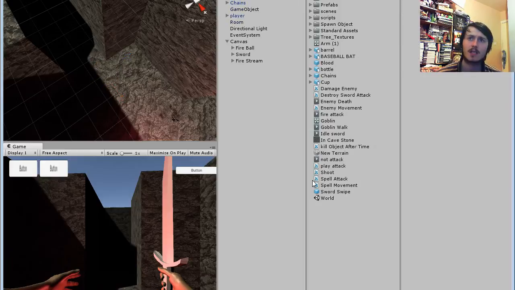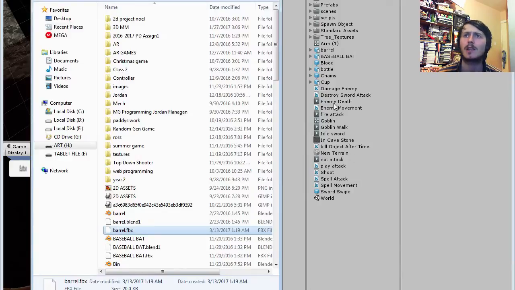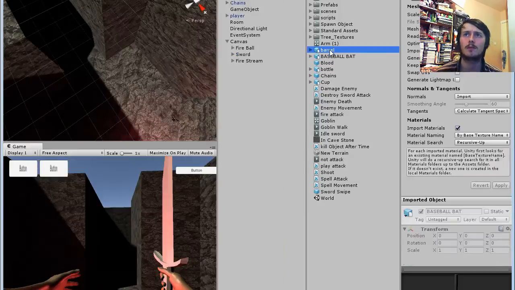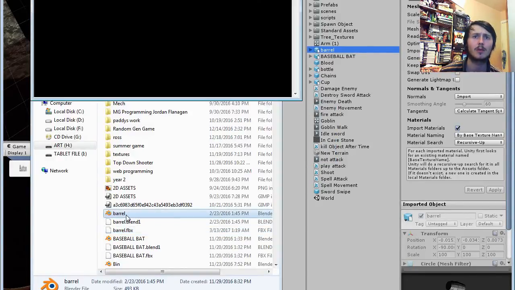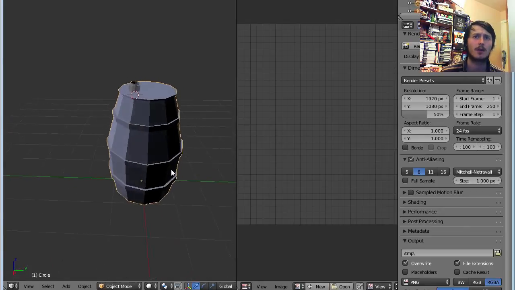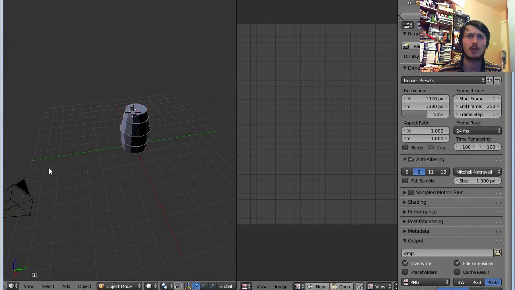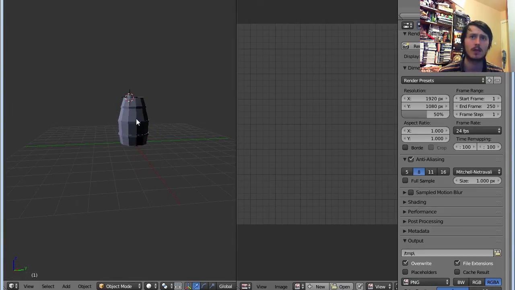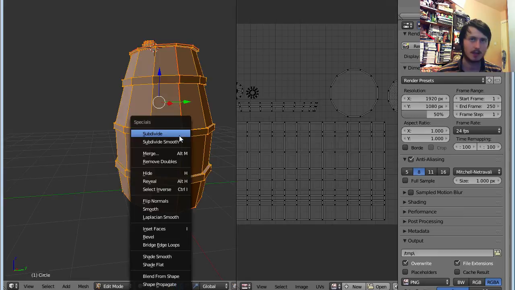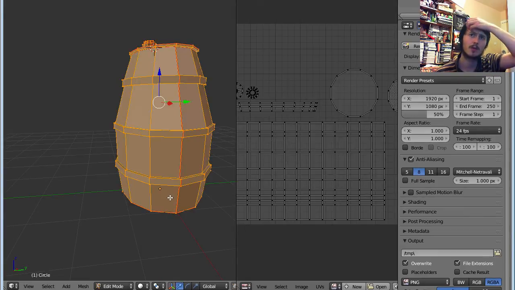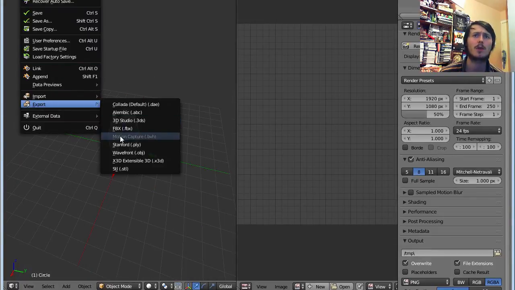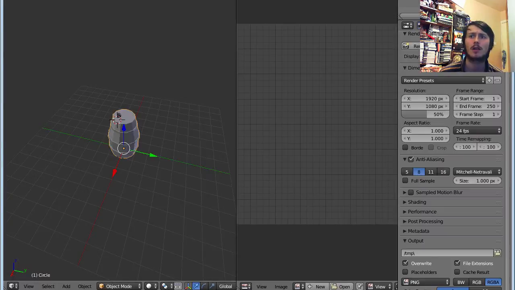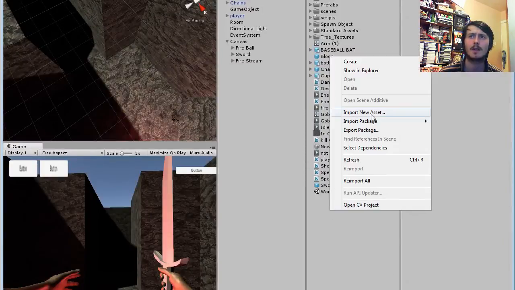The barrel, son of a bitch, barrel needs to be inverted. So, barrel, delete. Go in here, open up the barrel again. Now go delete you. Now go this, edit, W. Flip normals, boom, back out here, export that barrel, and now go Unity, import new asset,